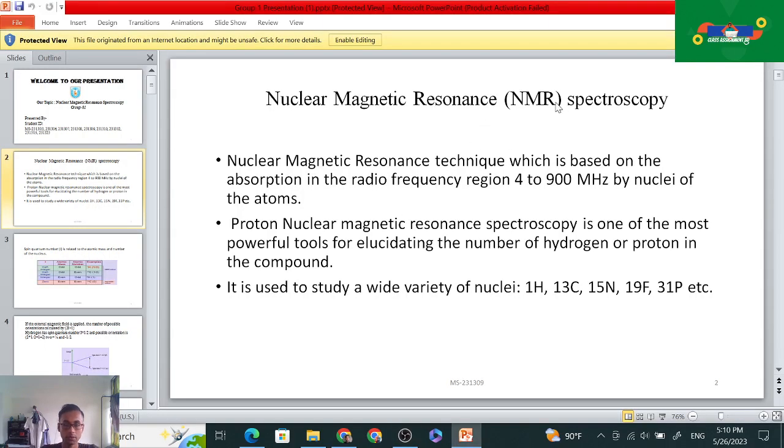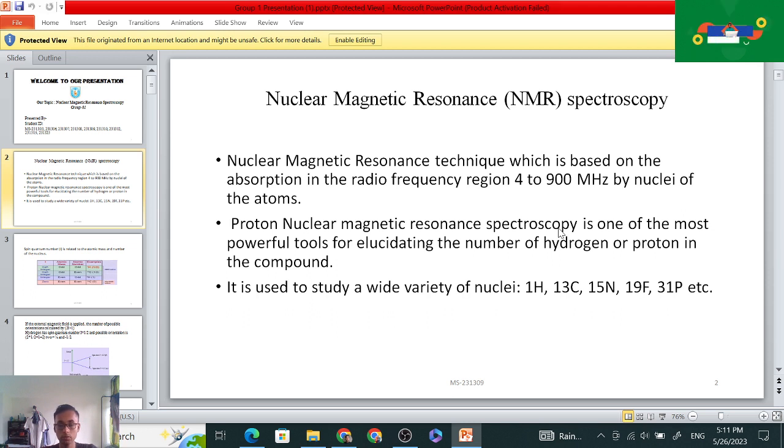Nuclear magnetic resonance by NMR spectroscopy. Nuclear magnetic resonance is a technique which is based on the absorption in the radio frequency range, 4 to 900 megahertz, by nuclei of the atoms. Proton nuclear magnetic resonance spectroscopy is one of the most powerful tools for elucidating the number of hydrogen or protons in the compound, and it is used to study